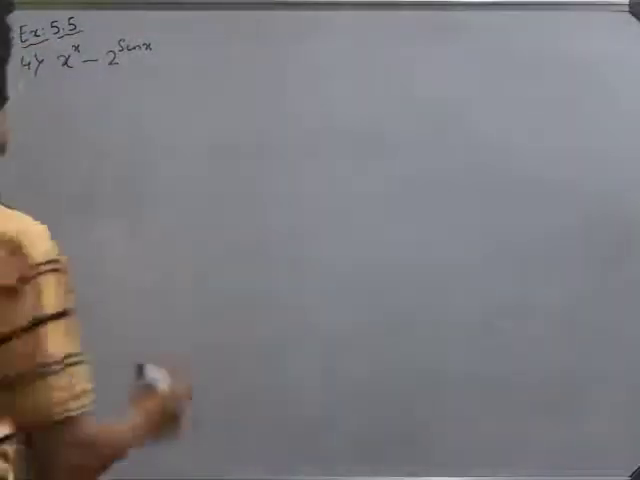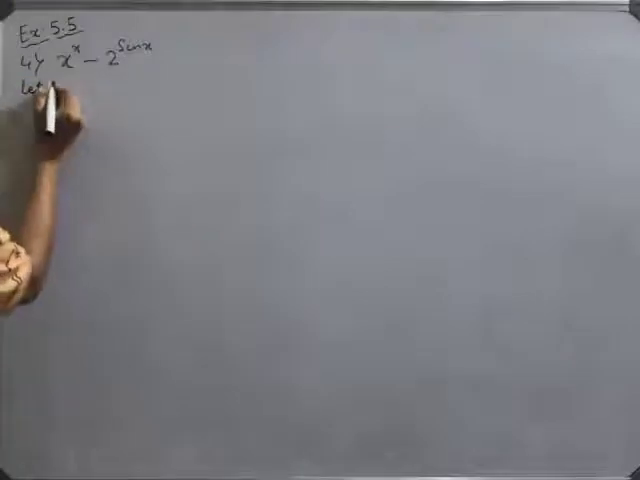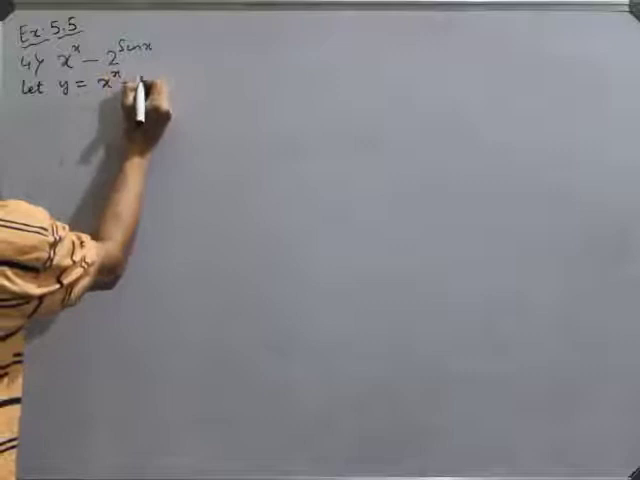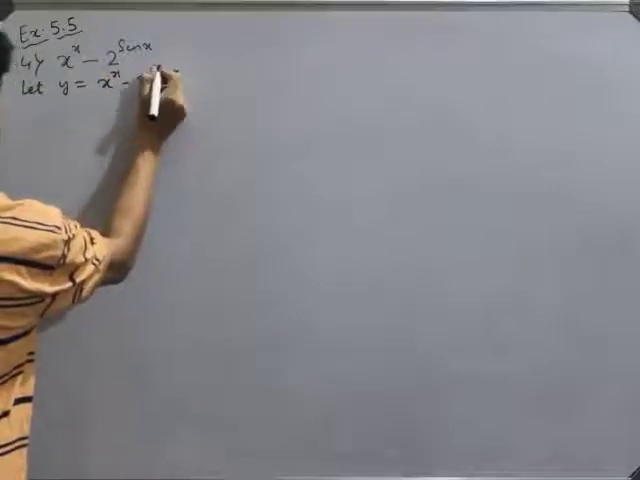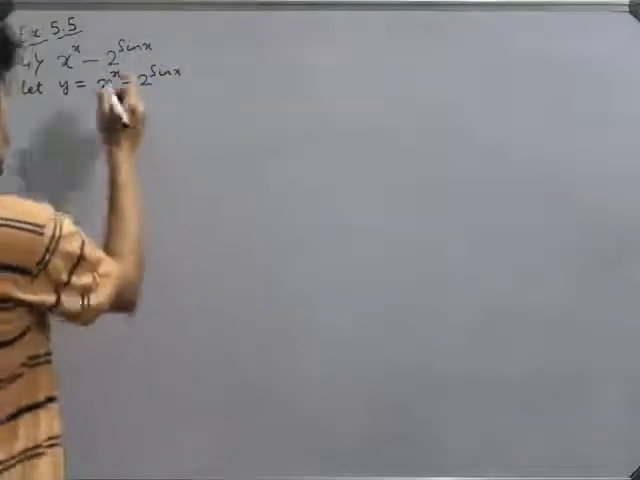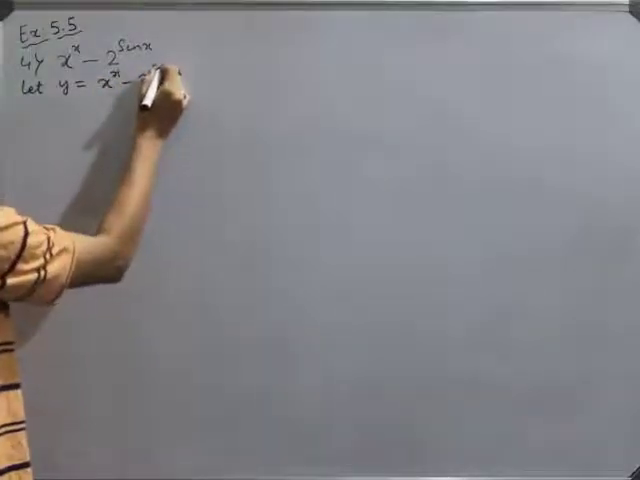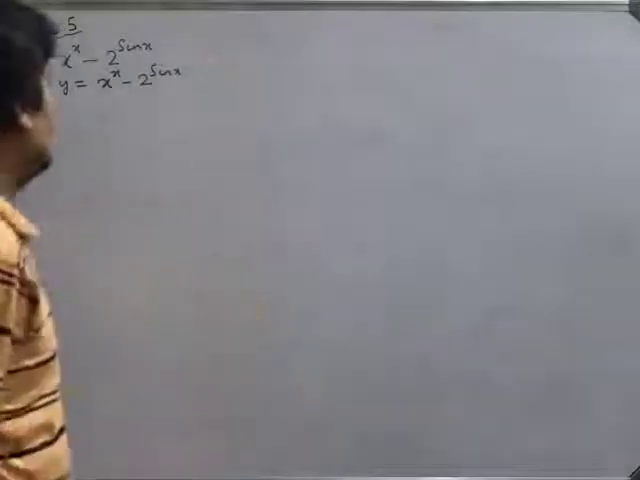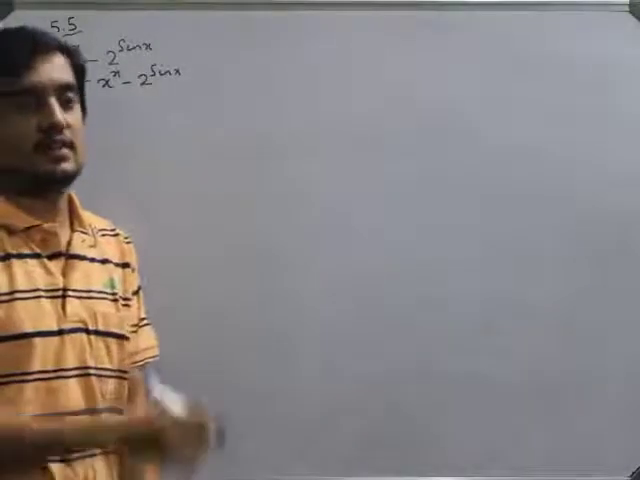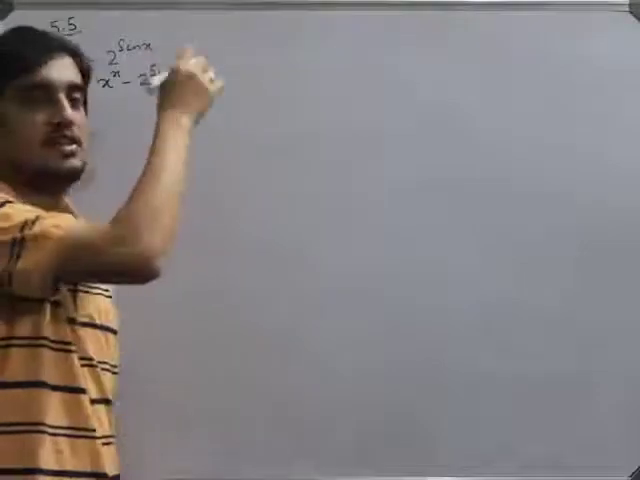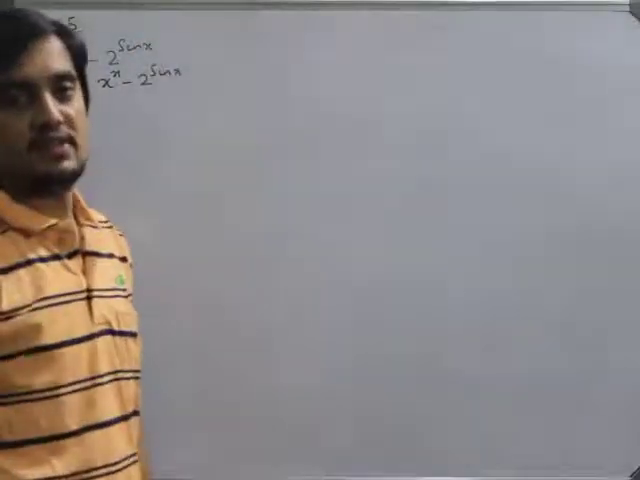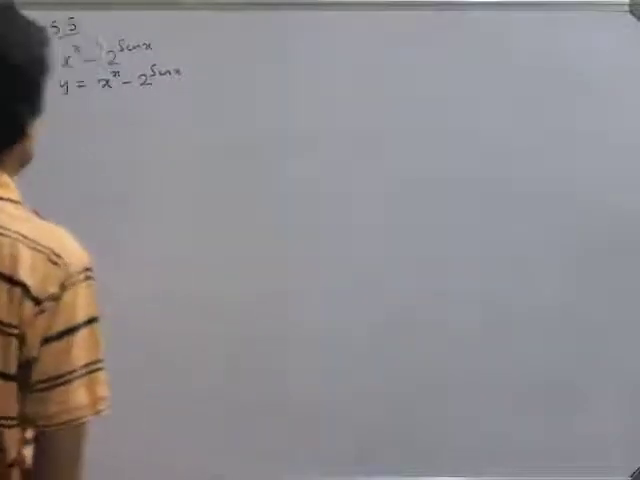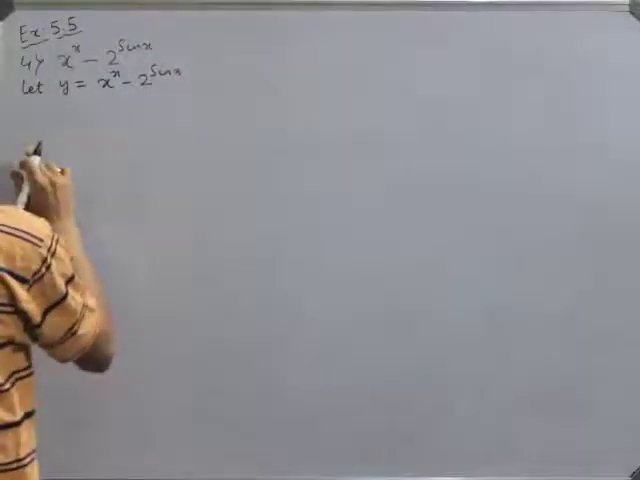We'll write it like this. Let y is equal to x to the power of x minus 2 to the power of sin x. You have to differentiate this separately and you have to differentiate this one separately. How to differentiate? If it was sin square x, you would have easily differentiated, by using chain rule, 2 sin x into differentiation of sin x. But it is 2 to the power of sin x. One more thing I will consider here,